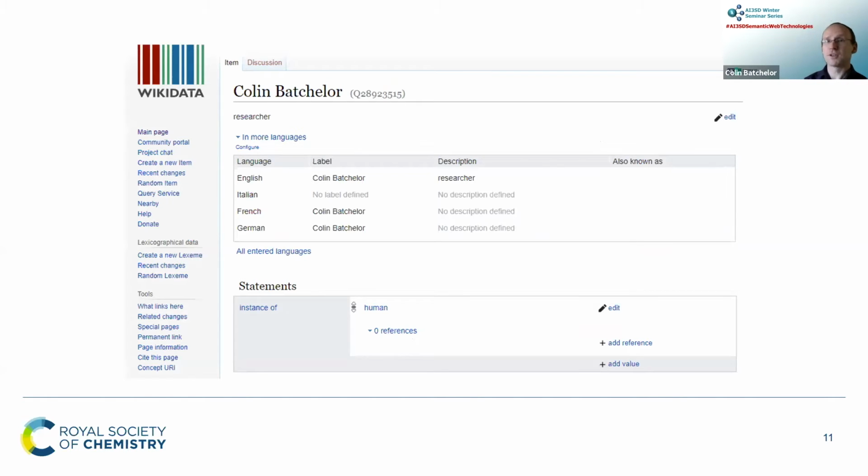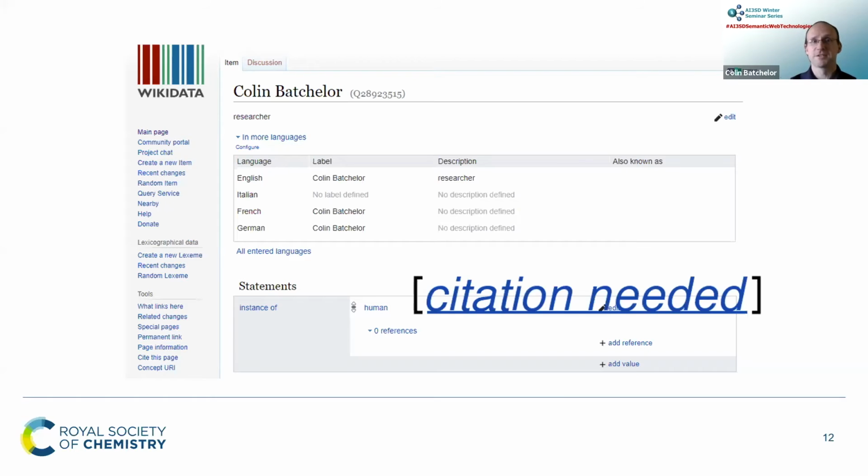To give an example of just how much there is on Wikidata, I'm on Wikidata. I had nothing to do with this. I popped up because I have been imported along with various papers that I have written. I'm not going to show you all of the statements associated with me. I don't actually have date or place of birth on there, but I am a human. Sadly, they haven't given any evidence of that.